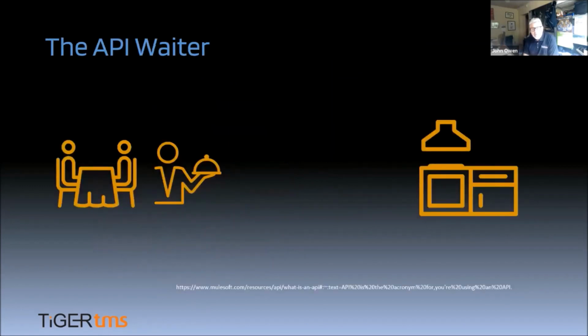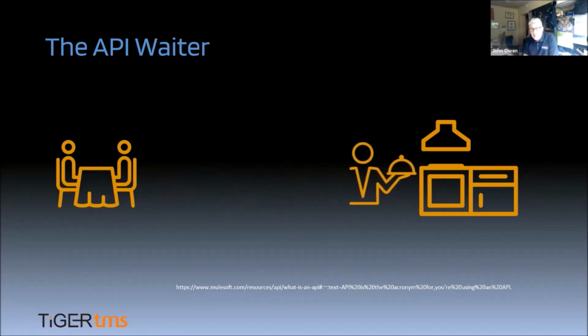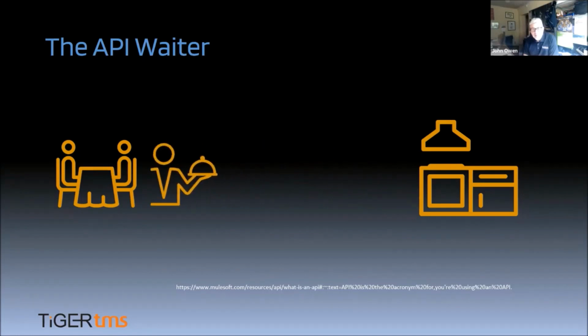Okay, so I mentioned in the previous slide APIs. What is an API? For this, I'll use the example which is provided by MuleSoft Corporation. Very easy to understand. This is what an API does. Essentially, an API is like a waiter. A waiter will take an order from a table and take that order to the kitchen. The kitchen will then satisfy the order, and the waiter will take the food back to the table. This is exactly what an API is. Basically, an API is taking information from one application to another, and the answer is then provided back to the originating application.